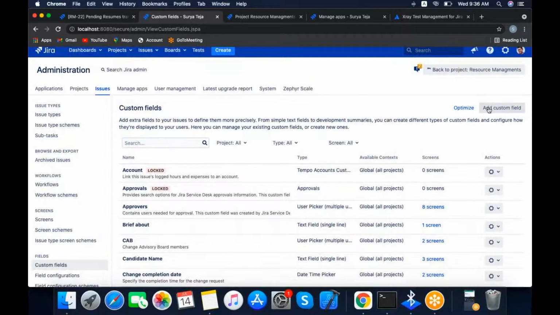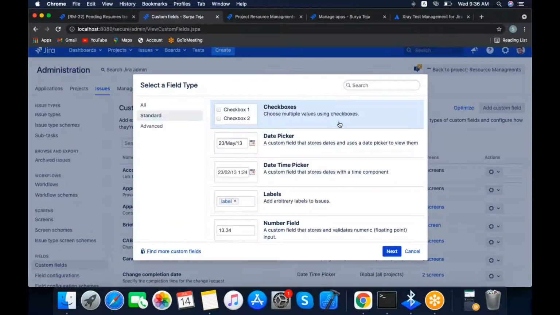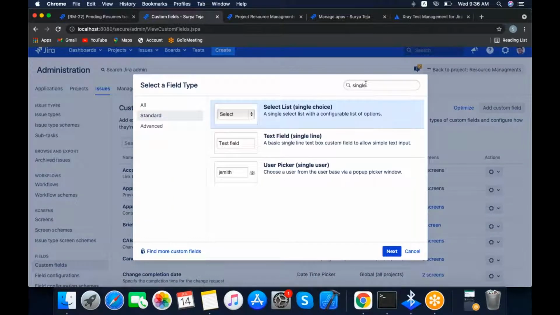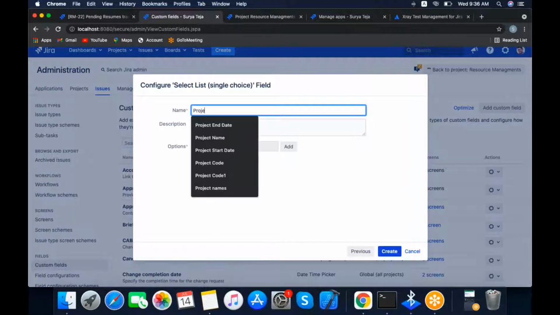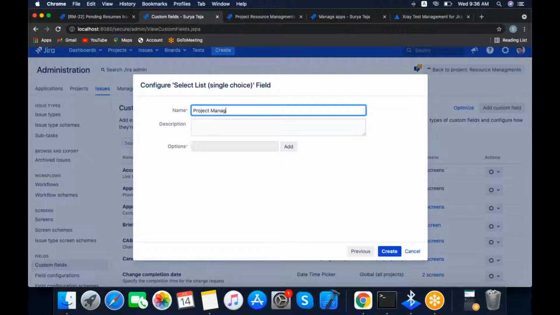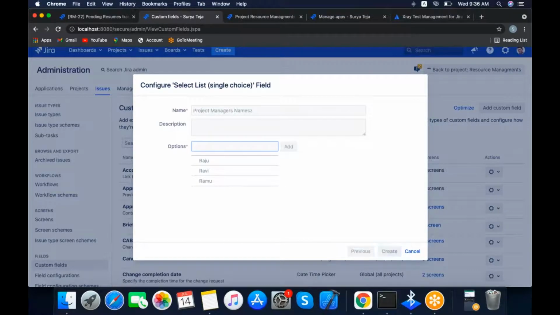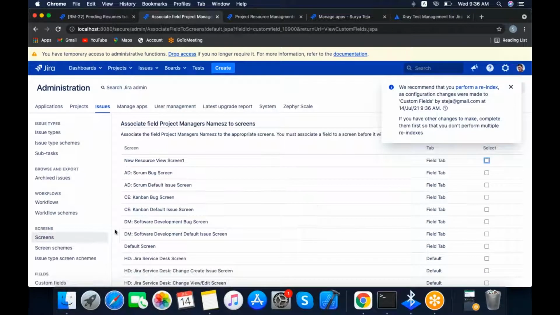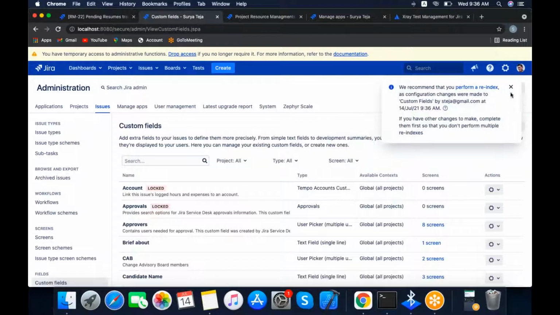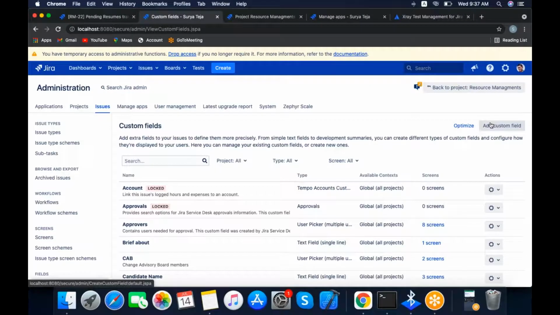Custom fields, add custom field, single list drop down. Project manager names. We will take Raju, Ravi, Ramu. After that, we need to create one more field, project manager approval.